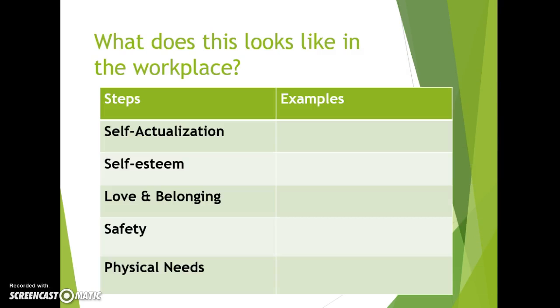Now what's actually happened is this has been interpreted into the workplace as well. So what we can see is from our physical needs, we need to ensure that all our workers have a comfortable working environment, and everywhere is hygienic, is clean, and these are referred to as hygiene requirements, things that have to be there, basically. We'll go on to look at a little bit more what hygiene requirements in fact are in other theories, but they're basically the sort of things that just need to be there, so we can ensure that there's access to water, there's access to heat, there's access to food, and this will satisfy our physical needs